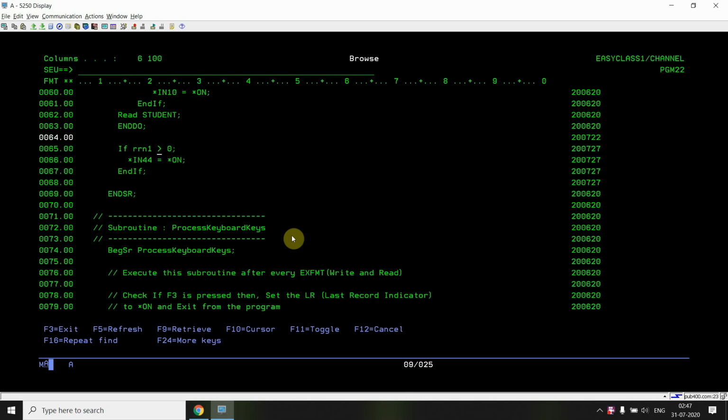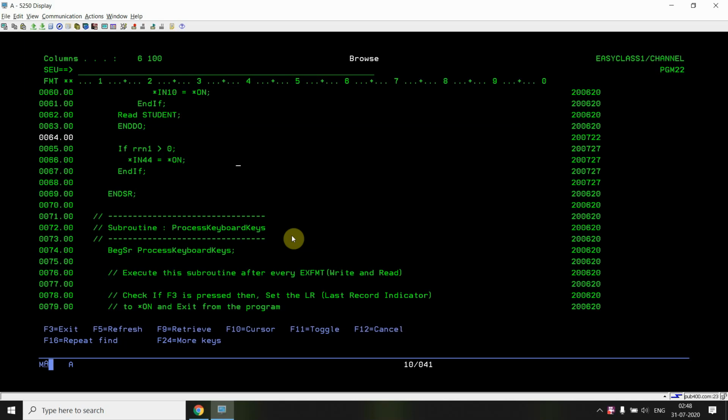If in case there were no records, you are not setting this to on, because once this indicator IN44, which is associated with the subfile end keyword, gets to on, you will be seeing those messages. Okay, so you will be seeing that star more or that scroll bar or that plus sign there only once this indicator is on.